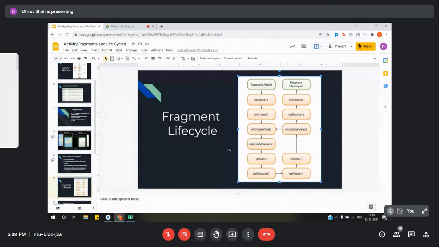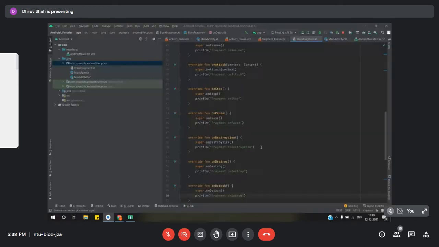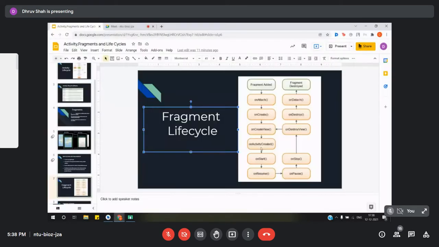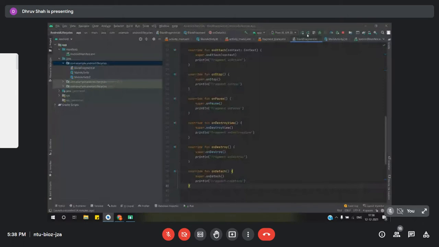Okay, so are there any other methods? This onActivityCreated method is now deprecated, so it cannot be used anymore. So I think we have implemented all of the methods. Okay, so let's just see a quick example of how it's running.